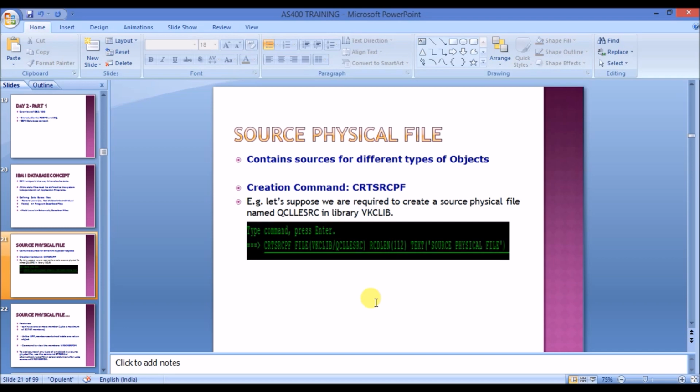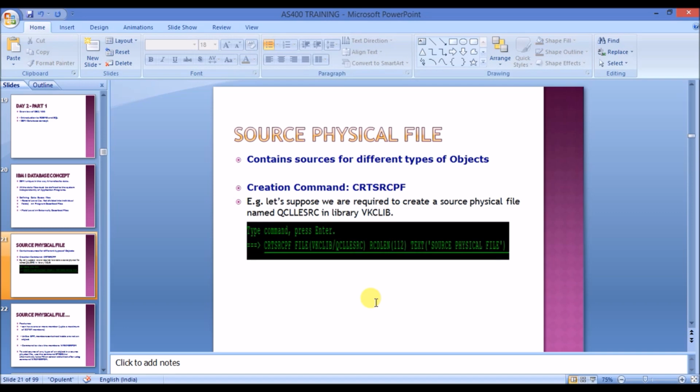For example, it contains CL source statements, which in turn when compiled give a CL program. It contains DDS. It contains the sources for an RPG program also, which when compiled gives an RPG program. So basically all the source code is contained within this source physical file.